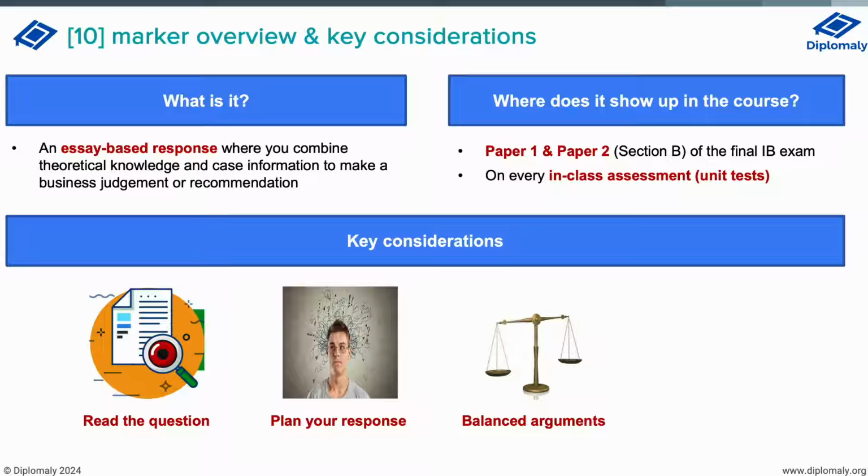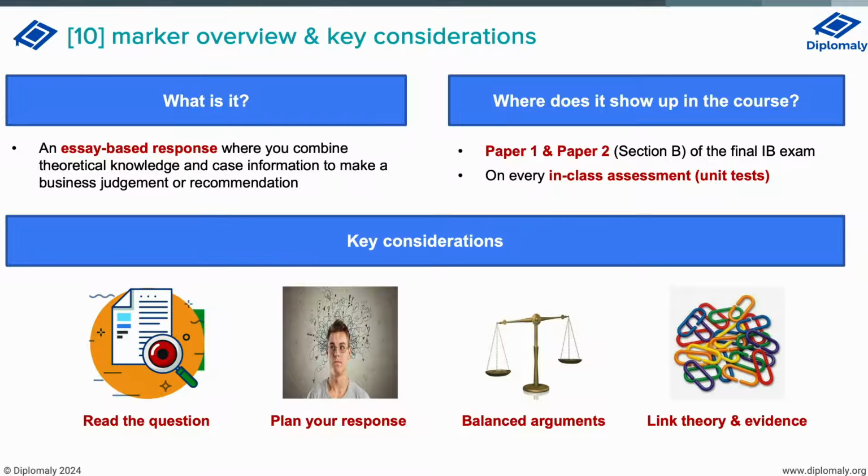Finally, be explicit in linking your theory to the case. Now, the easiest way to do this is to begin by explaining your theory or point and then linking the case context to this point. Similar to your 4 and 6 markers, we highly recommend that you use the PEE plus impact method in every 10 marker body paragraph. In the next slide, I will walk you through how to use this method and provide